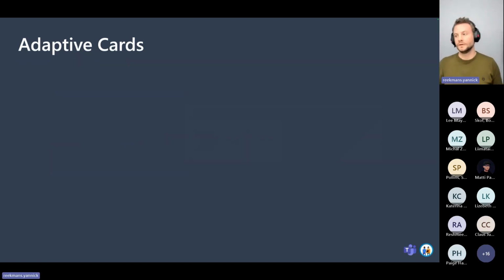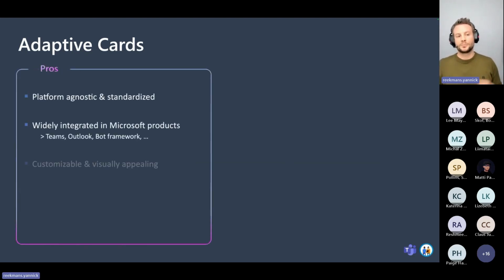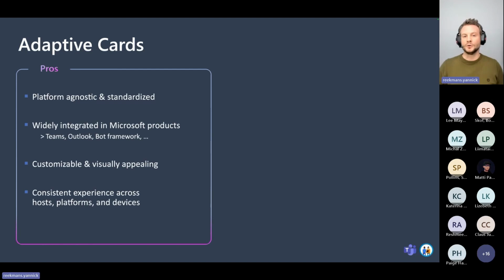Adaptive cards have certain pros and cons. First, the pros. They're platform agnostic and standardized. It's an open standard that everyone has to adhere to when they want to use adaptive cards. They are widely integrated in different Microsoft products. You can use adaptive cards in Teams, in Outlook, in Bot Framework, currently in Copilot, and many other ways of